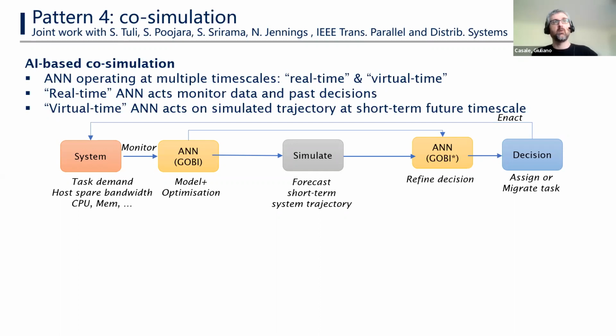We will see this more later. And then based on this candidate scheduling decision, you could simulate the possible trajectory in the future for this small set of possible outcomes. And so the co-simulator is essentially a simulator that lives alongside your application